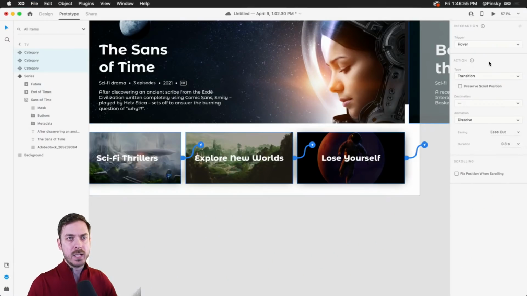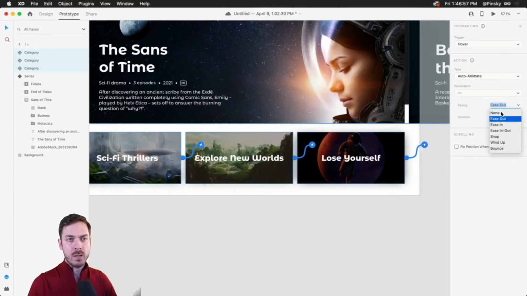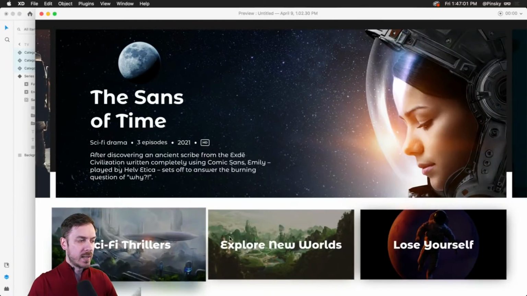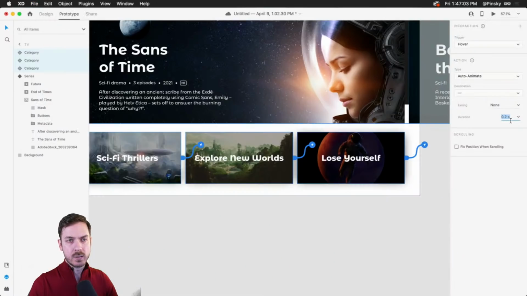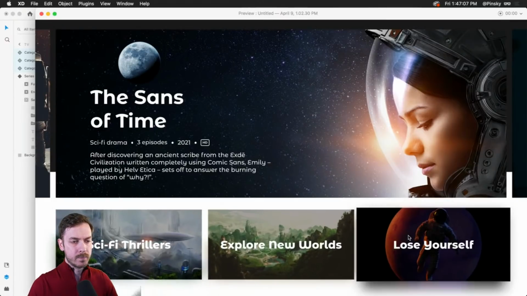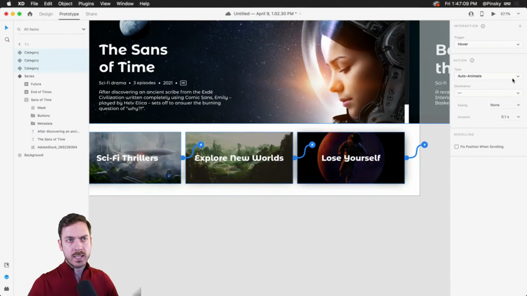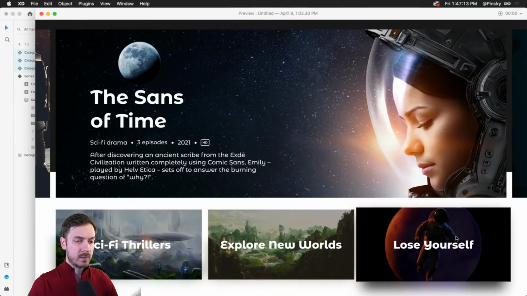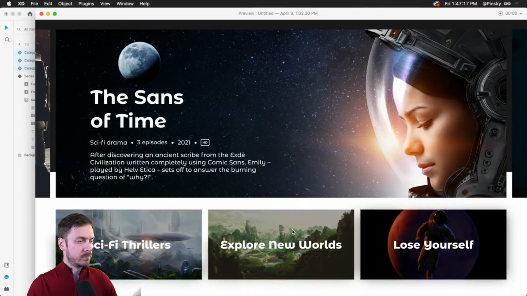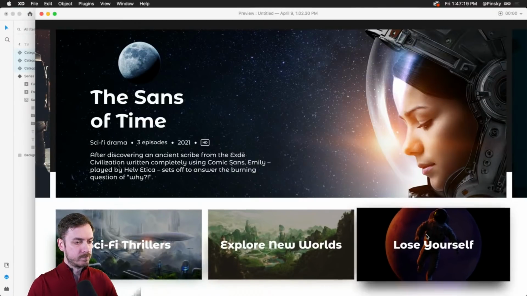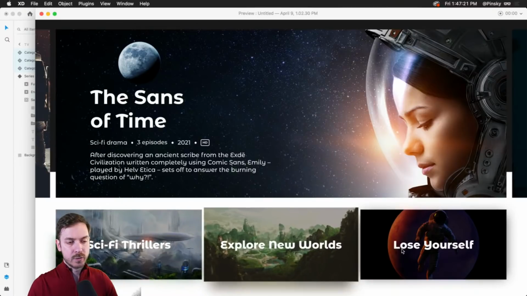I like a little bit of animation, so let's go auto animate. Maybe we don't need any easing, and we'll do like 0.2 seconds so that the animation is a little bit faster. We can do like 0.1 second, right? Or let's say, maybe we'll do a little bit of easing, ease in and out, right? A lot of different ways you can do it, but that looks interesting. And we have those fun little shadows at the bottom.